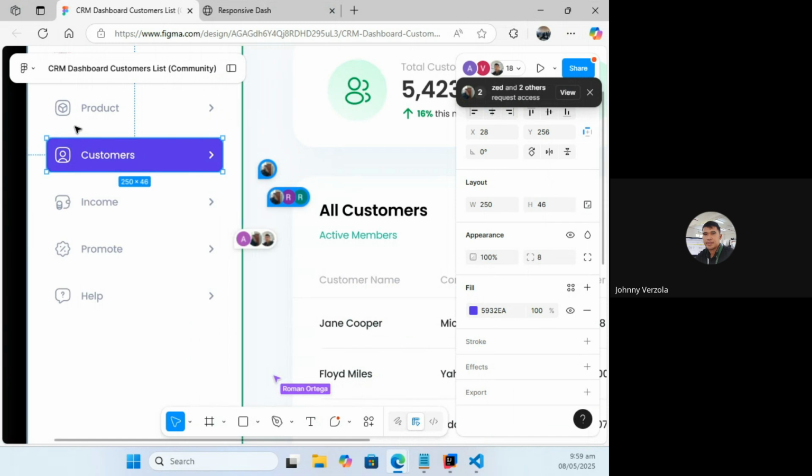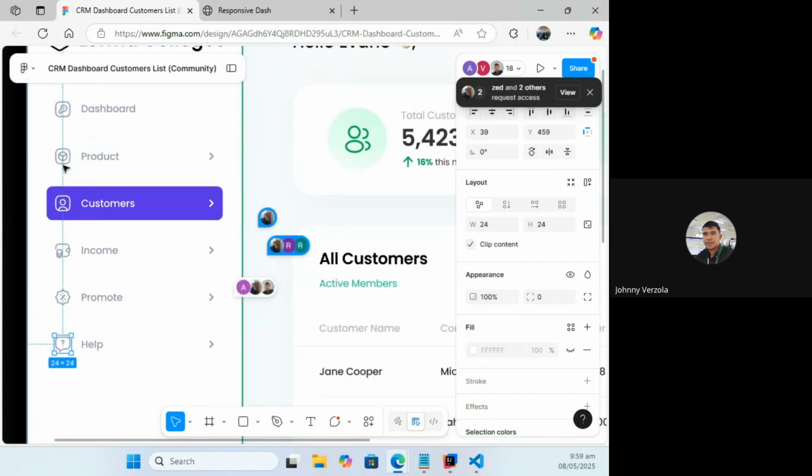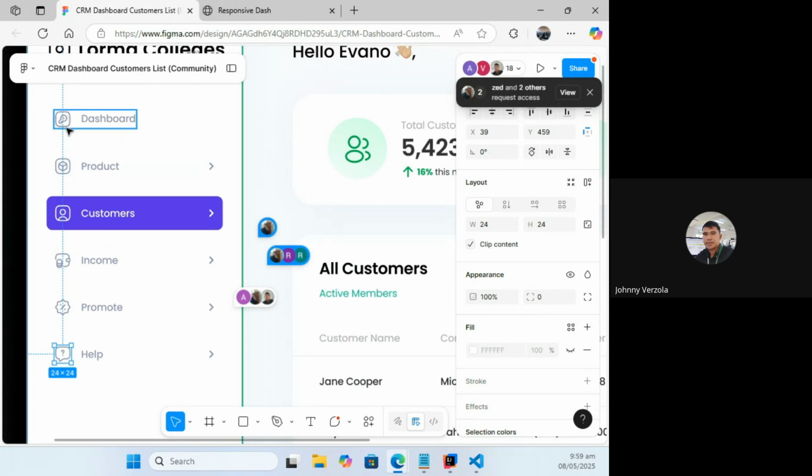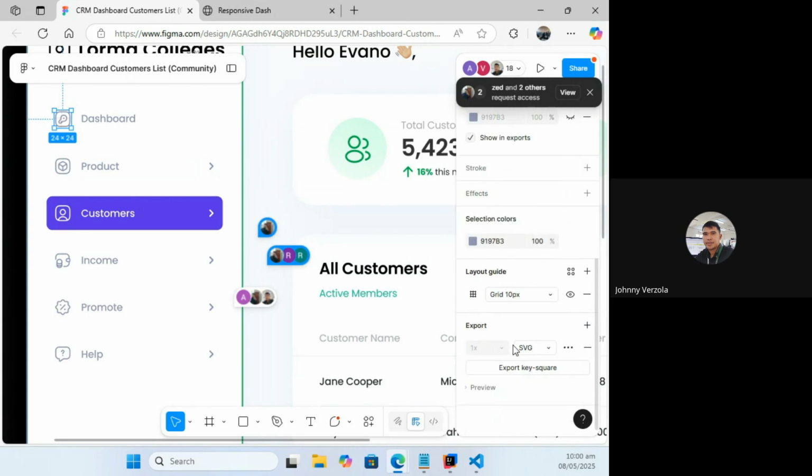On Figma, you can basically export these icons, okay? You can export them as SVG. Let me try with dashboard. On the sidebar, you will see export there. You can pick from PNG, JPG, SVG, PDF.